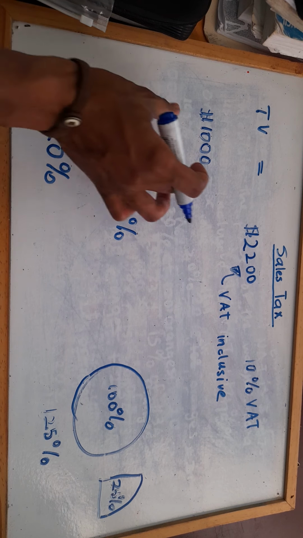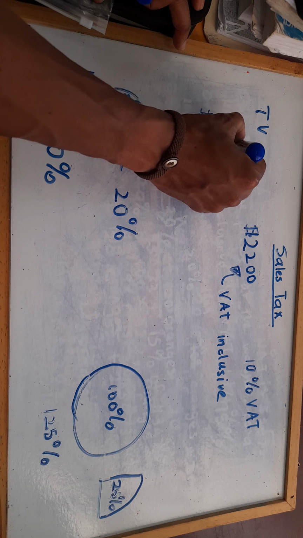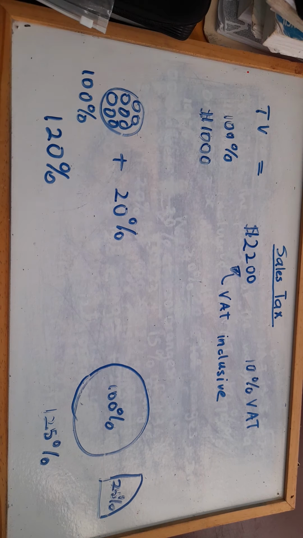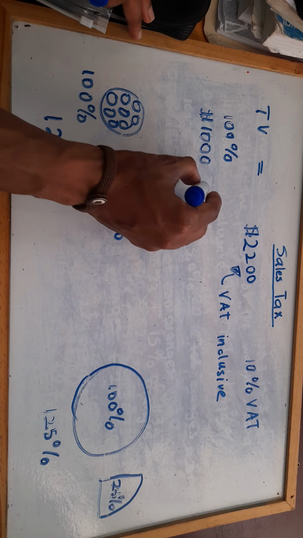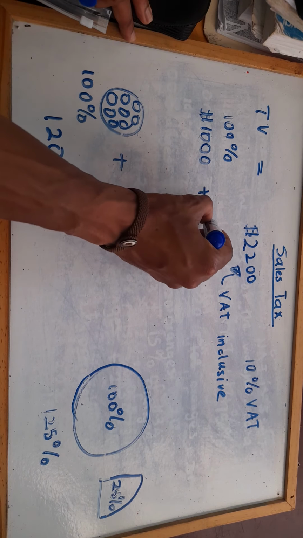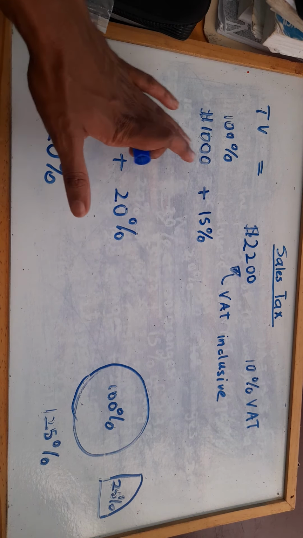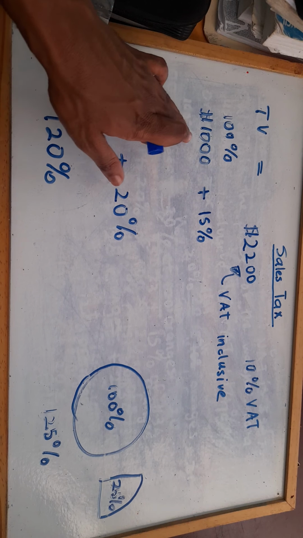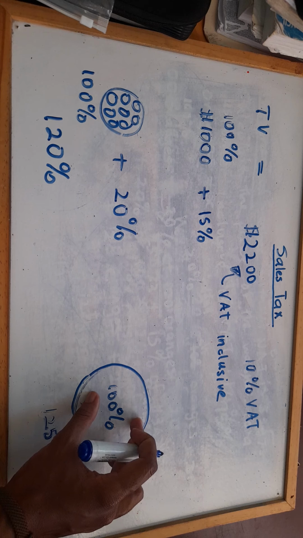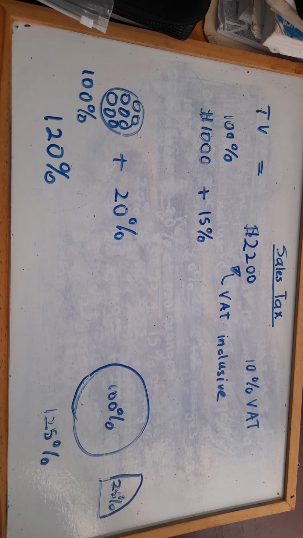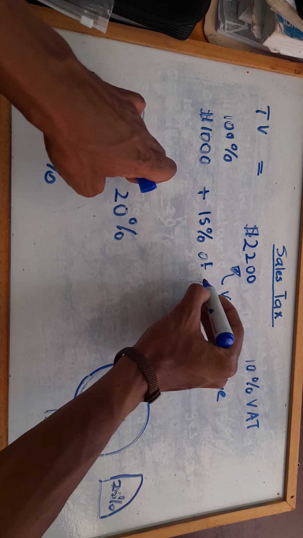Right? $1,000 item. This is what it cost. This was 100% of what we paid for, right? This is the price before anything is added. We then had to add in a VAT of 15%. But remember, it was 15% of exactly what was our cost, our cash price. Just like how we got 100% of a barbecue pizza, 25% of that exact barbecue pizza is the same thing here. It was 15% of that